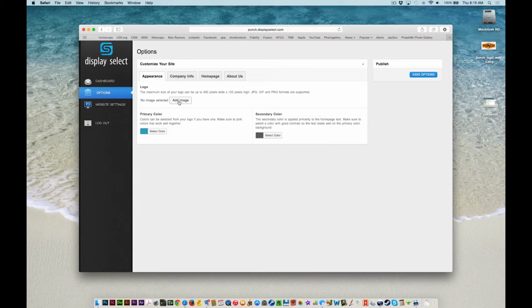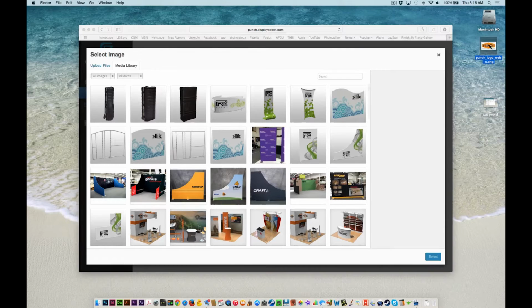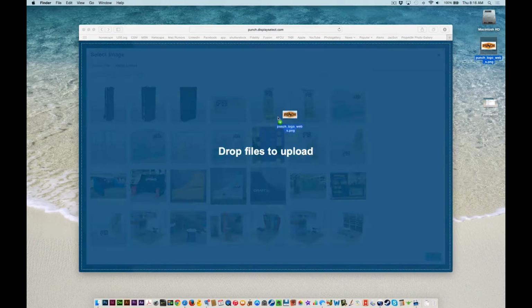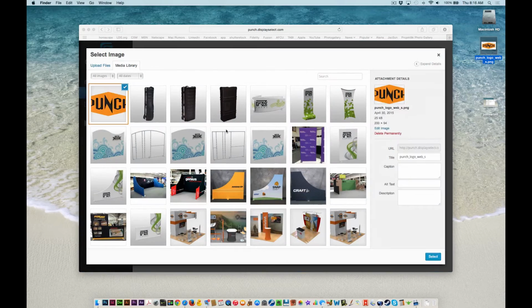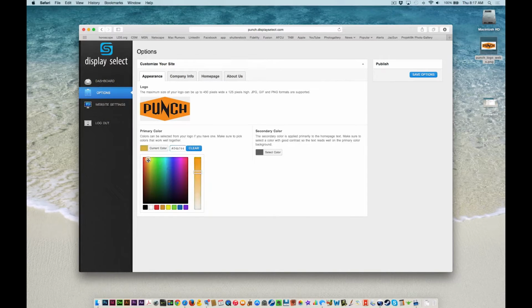So the first thing I'm going to do is under logo here, I'm going to say Add Image. And I've got a logo sitting out here on my desktop, and I'm just going to drag that in. And then once it's loaded, hit select down here. You'll also place the logo. Now I want to change the primary color, which was that blue background, to be more like this gold color. So I'm just going to select this and drag it up